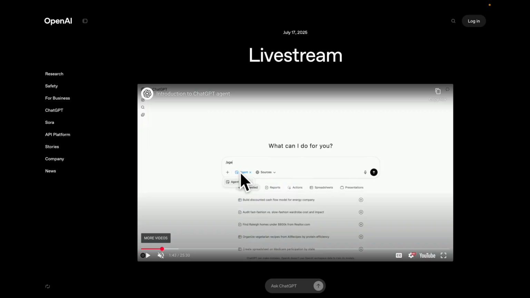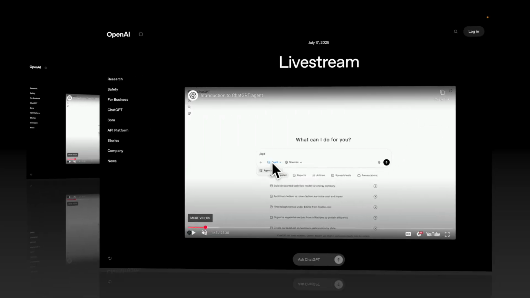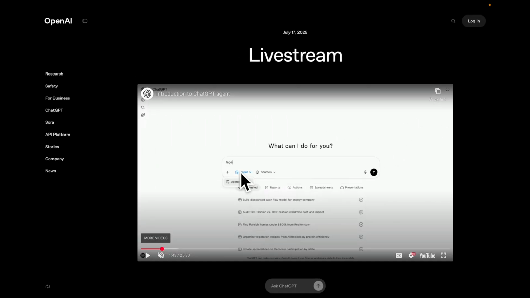So in this particular video, we're going to talk about the rollout schedule, the limits that are available with this, and also about all the different tools that agent mode has available for itself, along with the different features that it offers in this particular GUI for ChatGPT and its performance on several benchmarks that they have actually released till now. All right, so to begin with, agent mode is simply a mode which actually gives ChatGPT access to its